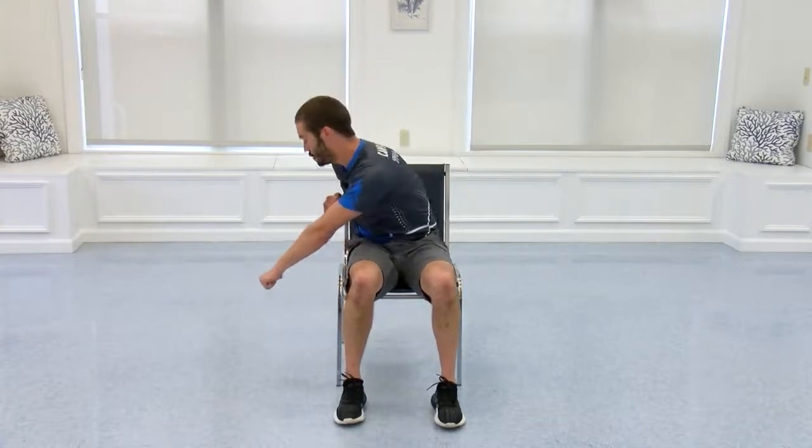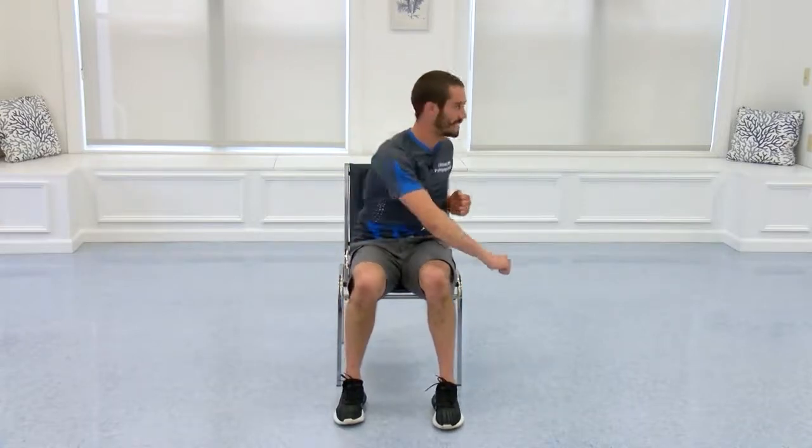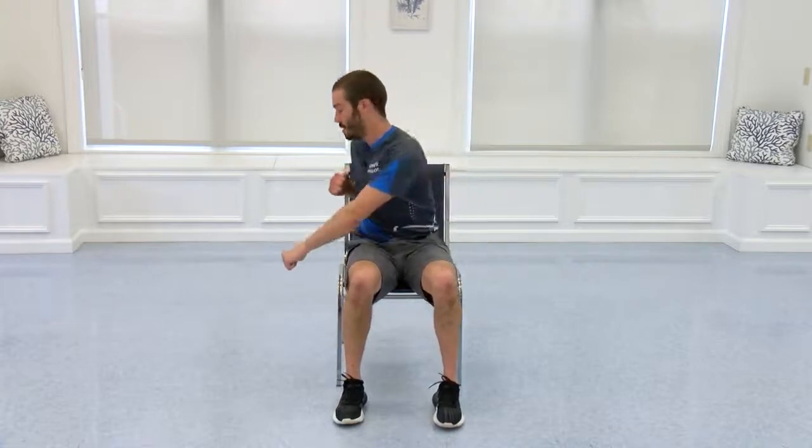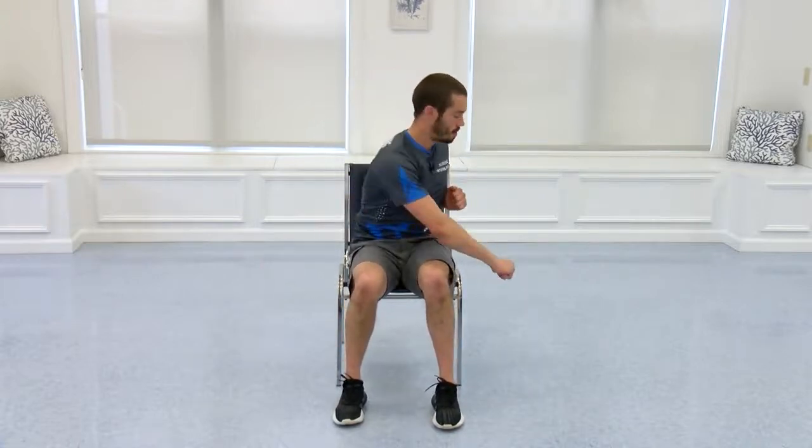Make sure to breathe out each time you punch down. Trying to get that nice stretch. We're actually going to hold the stretch after we finish our reps. 2, 2, 1,